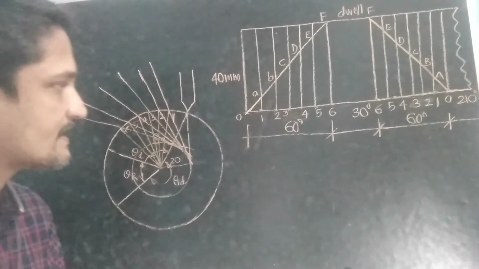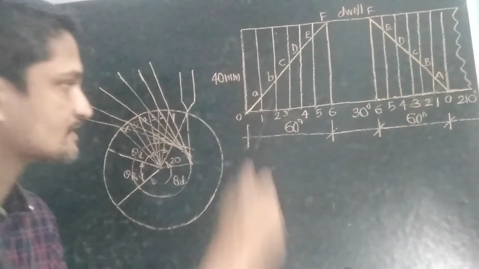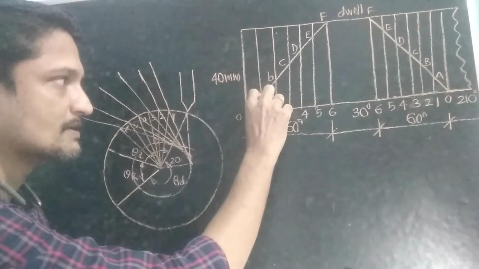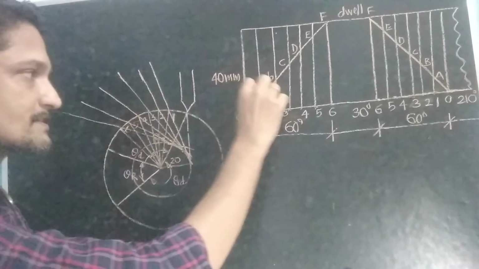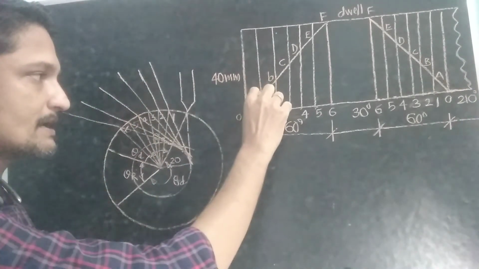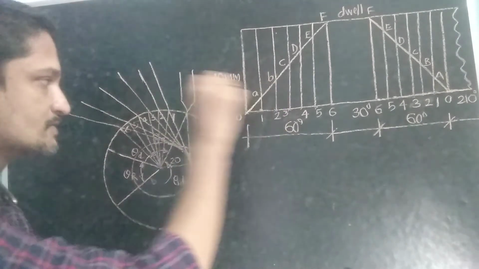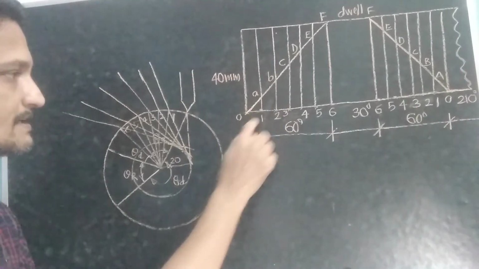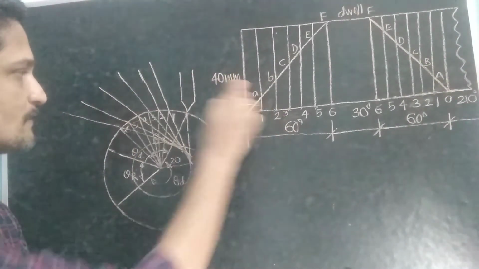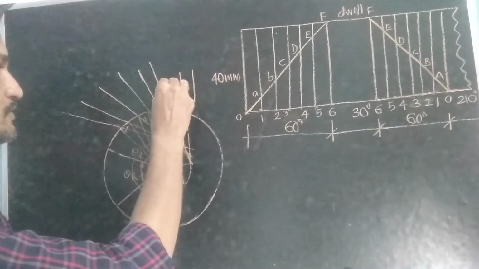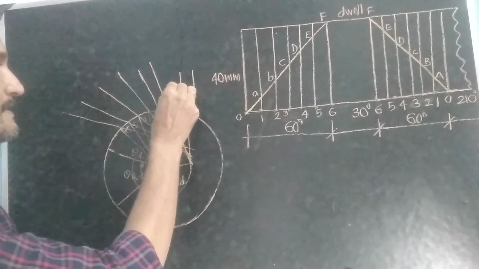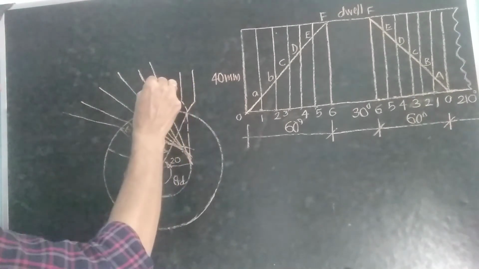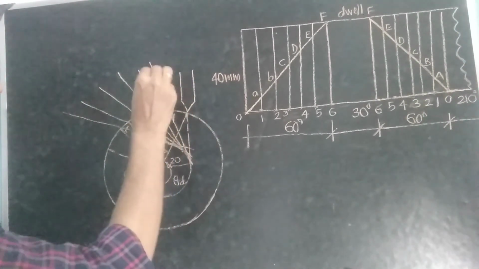Then we can transfer the distance 1a from this displacement diagram to this particular figure. Transfer this 1a from the displacement diagram to this figure. Then we can mark this 1a along the line which is tangent to the offset circle. And this point will become A and this point will become B, 2b.